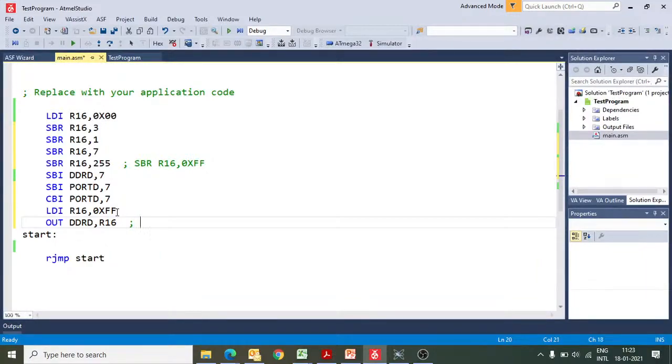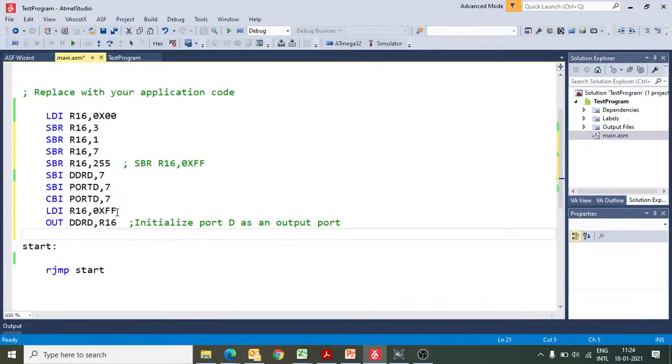So whenever you write 1 in that data direction register, the corresponding port pin will work as an output pin. If you write 0 there, the corresponding port pin will work as an input pin. So if we write this instruction, that means we set up, or another synonym of setup is initialization, initialize port D as an output port.